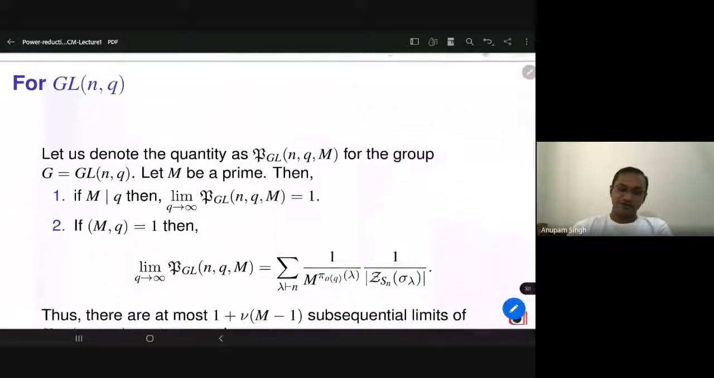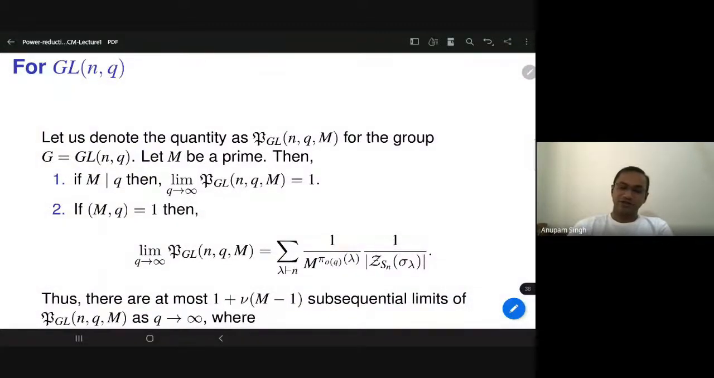So this is what I write here. I just denote that quantity by P_{GLn,q}(m), because for GLn(q) it will depend on n, q, and given m. So I just gave a symbol for that. P is for the probability of finding that. Okay, so for the group G, GLn,